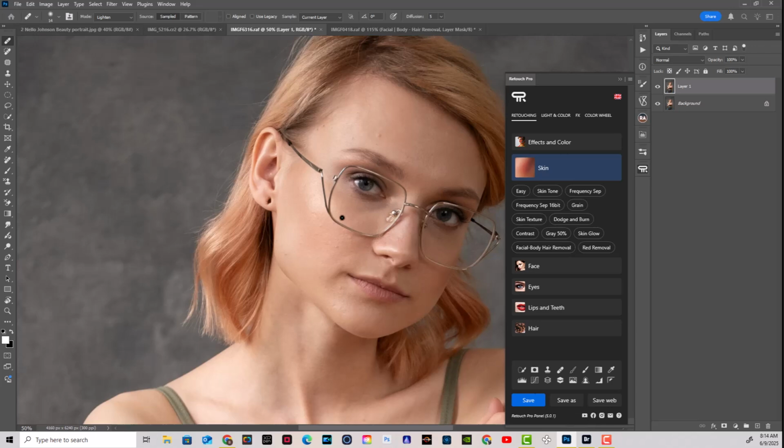We have the healing brush. So just press Alt and you can start to clean up stuff. Let's get a bigger brush. And so let's put this in normal. So basically the healing brush helps clean up stuff. Then we have your regular brush,